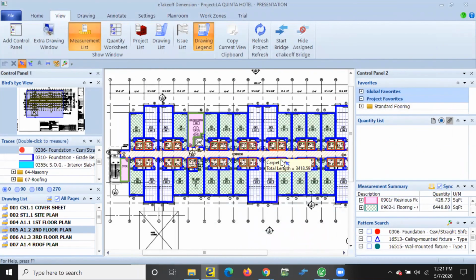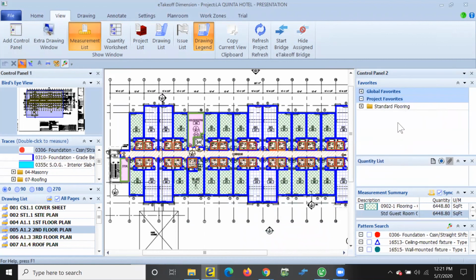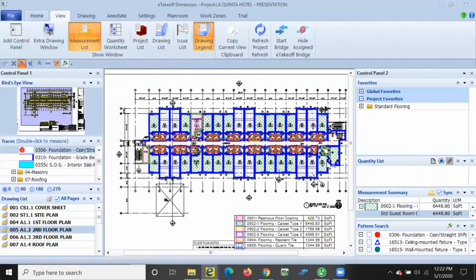With eTakeoff, they also make it really easy to copy within, so you can do a simple copy one by one. You could also, if you were working on a project that had, let's say, multiple repetitions of the same assembly, same items, and so forth, simply grab, let's say this carpet.